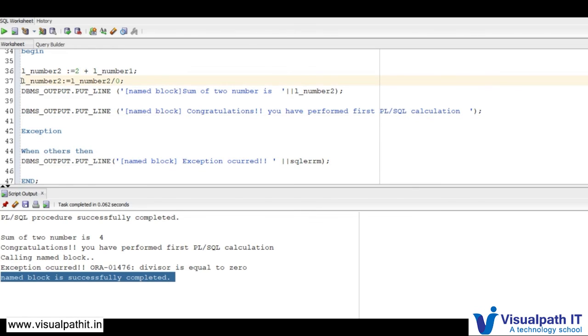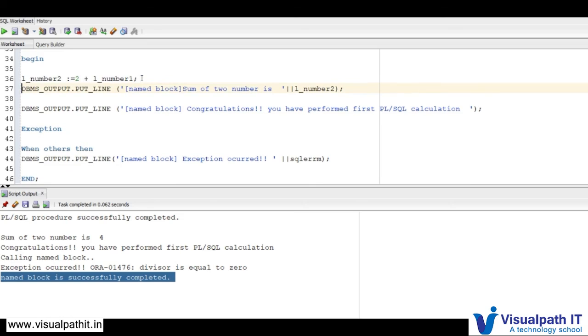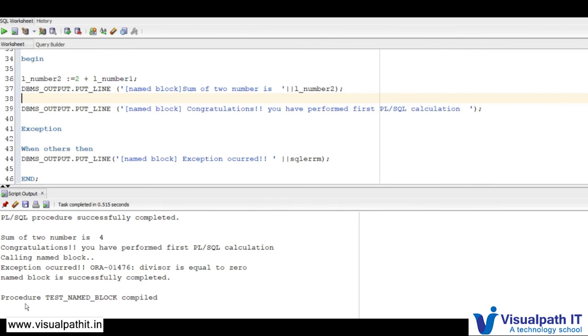So I again remove this exception causing line, and I need to recompile the named block because I have changed something in the code. Just to reflect those changes, I need to recompile this block. PL/SQL test named block compiled.